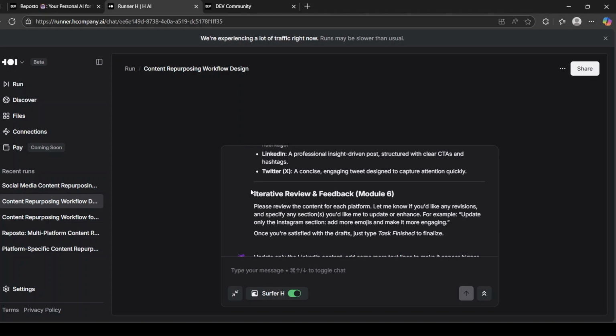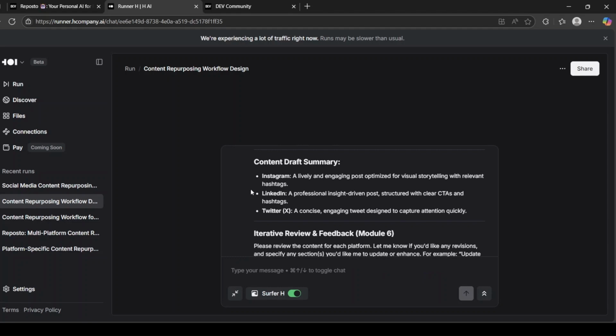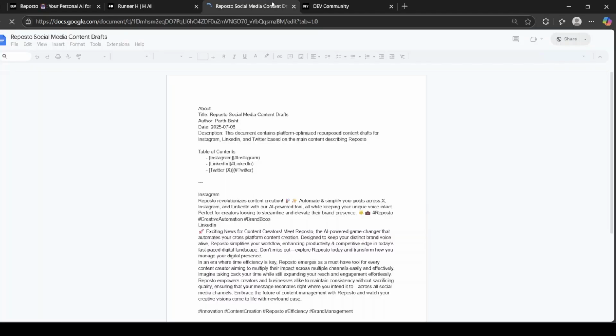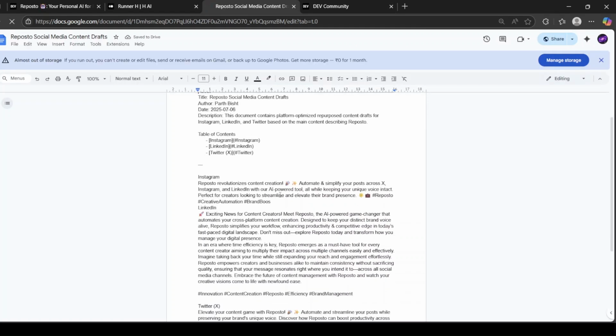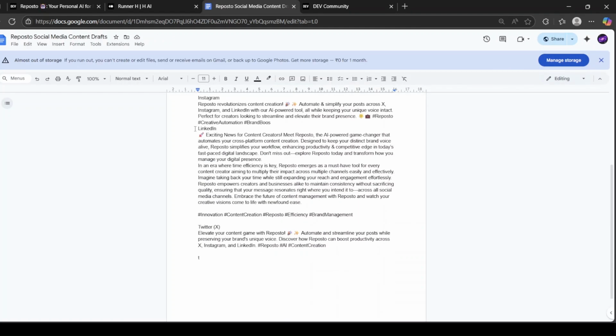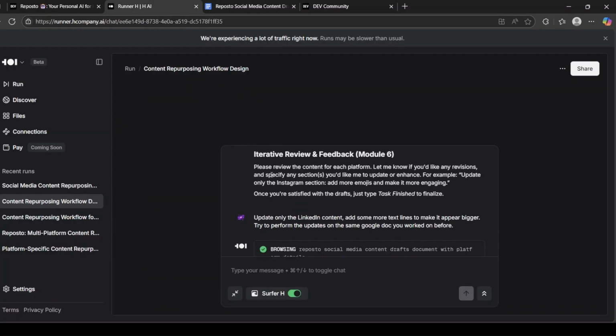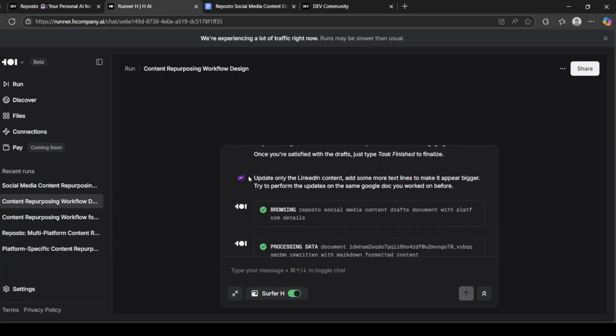So in this module, you basically provide your reviews and feedback about the document. You can ask it to fix certain things. For example, this is the final document. In the initial document, I felt that the LinkedIn content was a bit less. So I asked it to improve the LinkedIn content. As you can see, try to be as specific as possible and provide good prompts because the better the prompt, the more relevant and